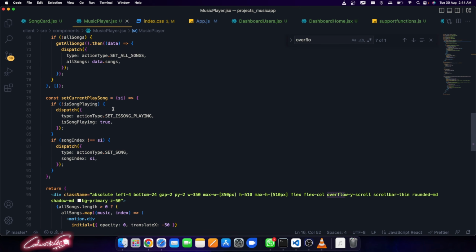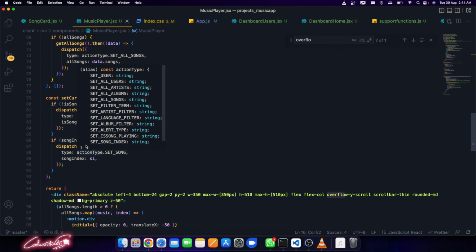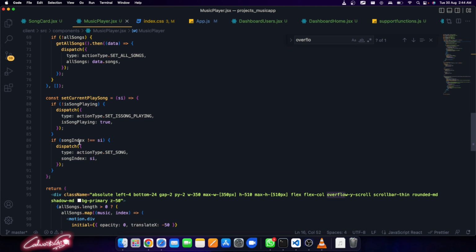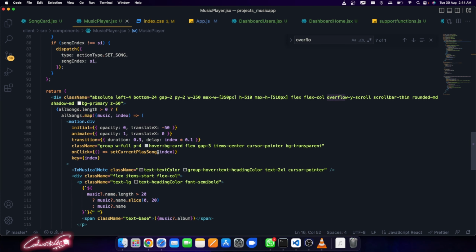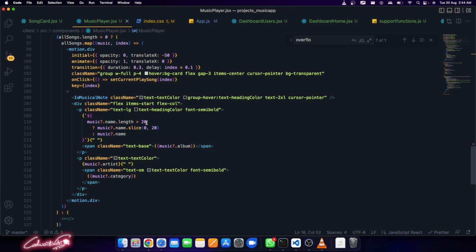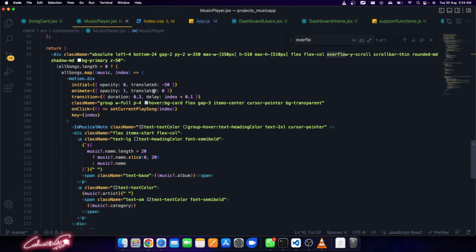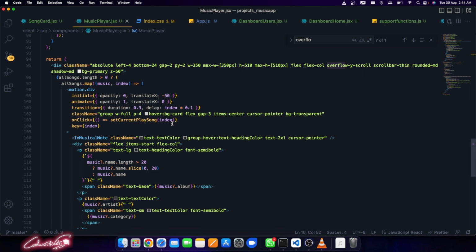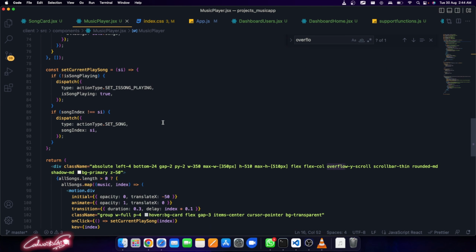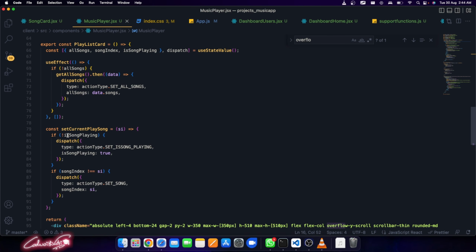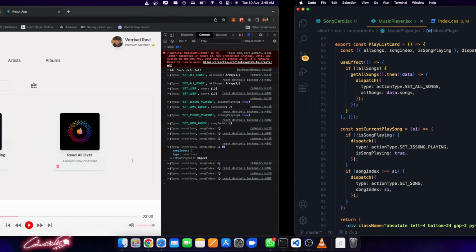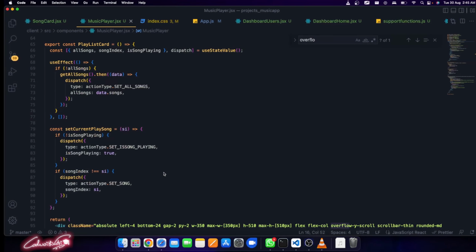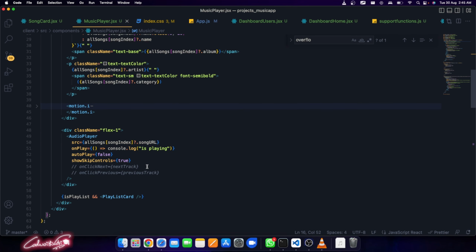So if the song index is not equal to the place where I'm sending, this is the place, set the current play, I'm getting that index. Okay, we are sending that index over there. If the song index is not equal to that, dispatch song index. So whenever the song index gets updated, this music player will get updated. So now all we have to do is